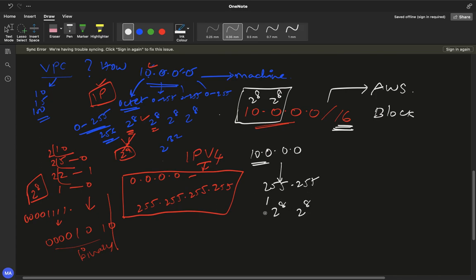So my available IP addresses now will be equal to 2 power 16. In general calculation, it's always 2 power 32, right? So they will directly subtract from 2 power 32. So you are telling AWS that the first 16 bits will be blocked and will not change, and the remaining bits will change, so that I can get 2 power 16